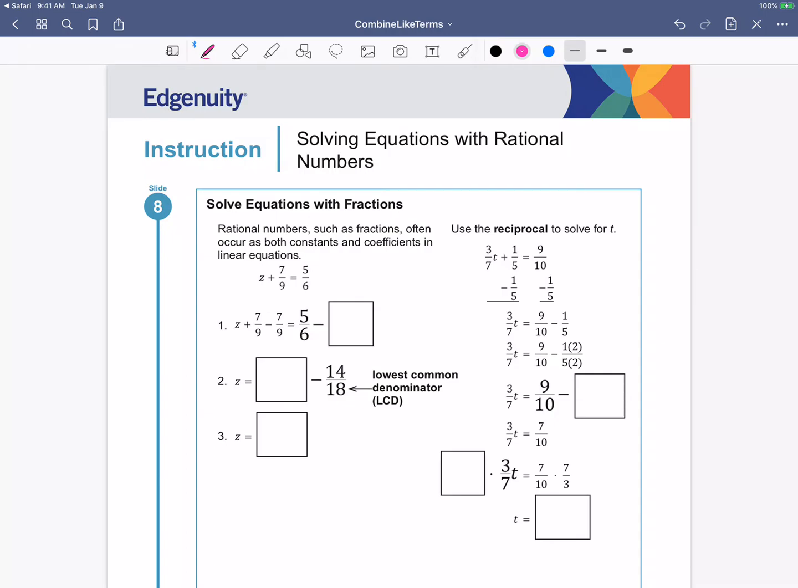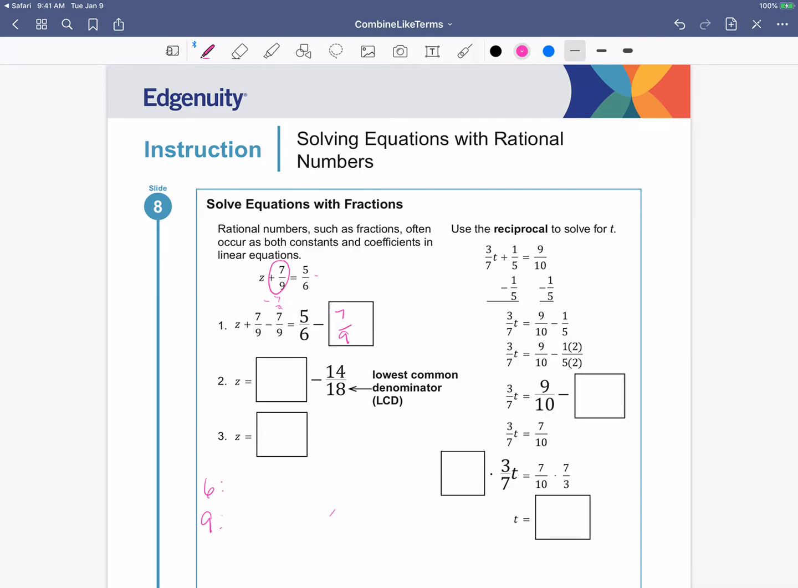So we're going to do the same steps, right? My number over here without the variable is the 7/9, so I have to subtract it. Now, unfortunately, I have to find my lowest common denominator, okay? In this case, I can do 9 times 6, but there is actually a number that is smaller, right? Your best bet is to take 6 and 9 and list the first few multiples,